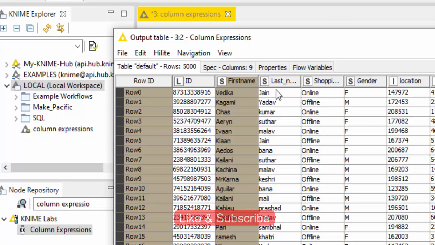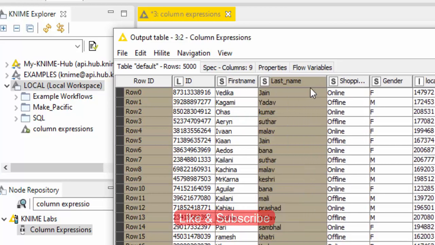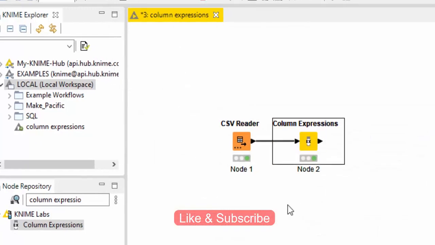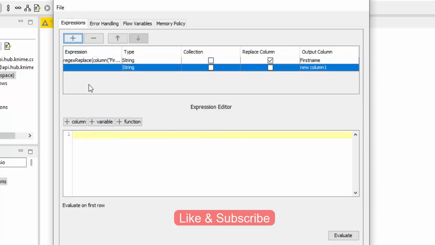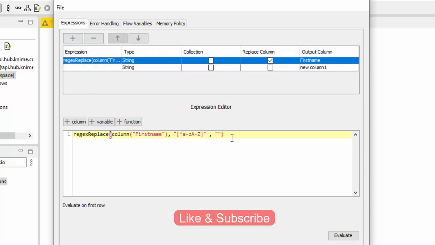Let's do the same for the last name column. Just double click here, and we need to add one more formula.